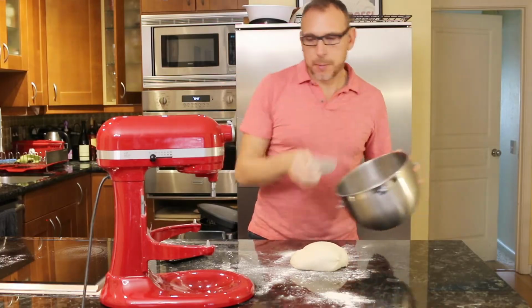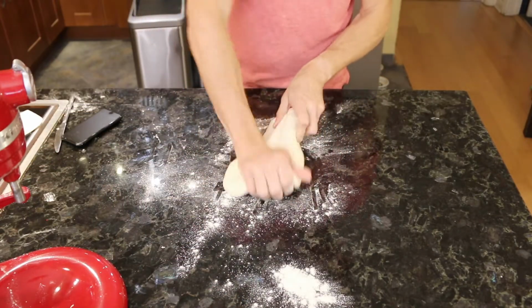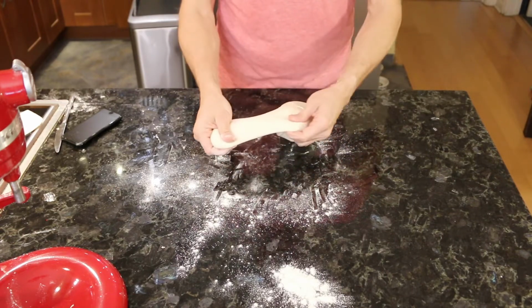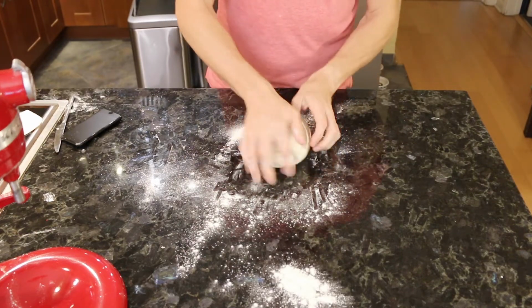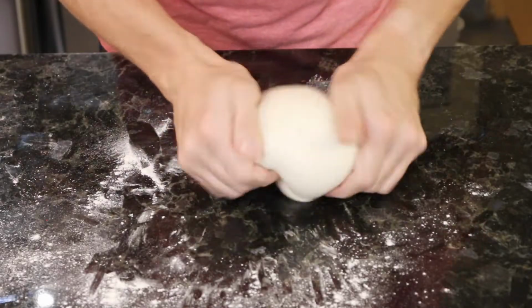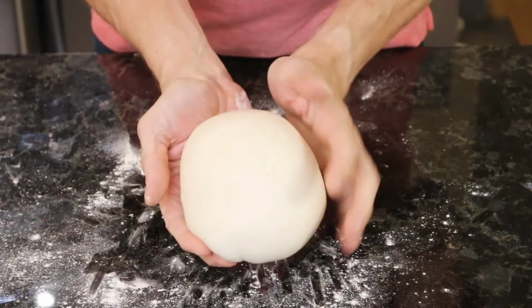And that's our dough. Okay, we're gonna work the dough a second with our hands, just a little bit. You should have a dough that is very elastic, like this. It doesn't break, and it's very well developed gluten. So we're working for just 30 seconds and make a nice